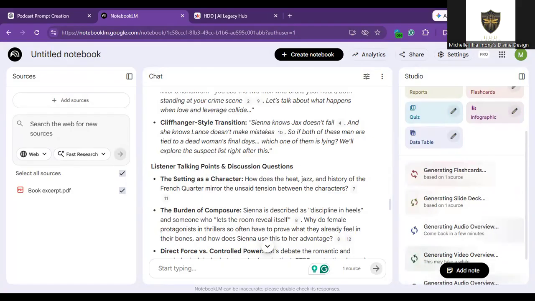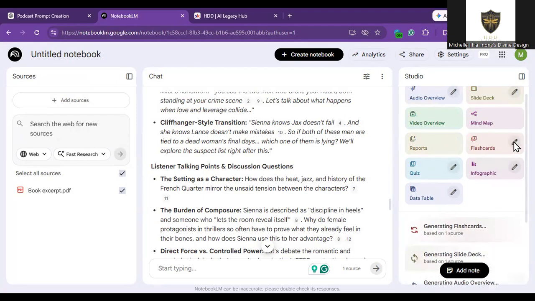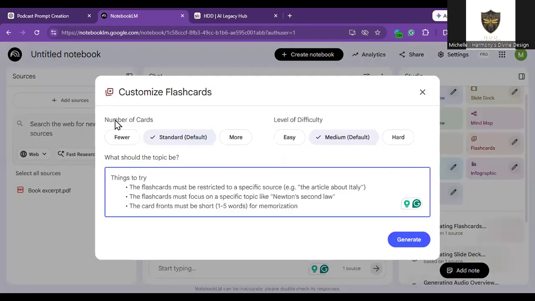And let's see, show how you can customize these flashcards since we're going through them. So, number of cards, you have default, fewer or more, level of difficulty, easy or hard. What should the topic be? And then you can put your focus point. I know this particular element I've used within the company I work for. I created study materials for them, and utilizing the flashcard features actually helps me when it comes to testing individuals